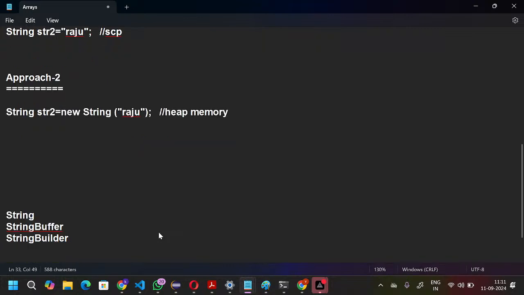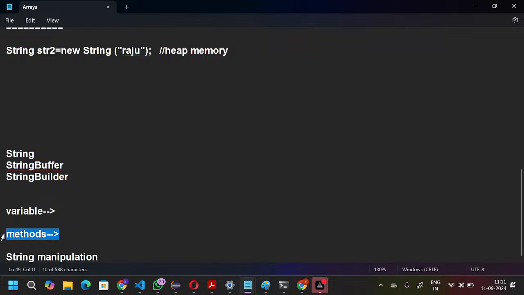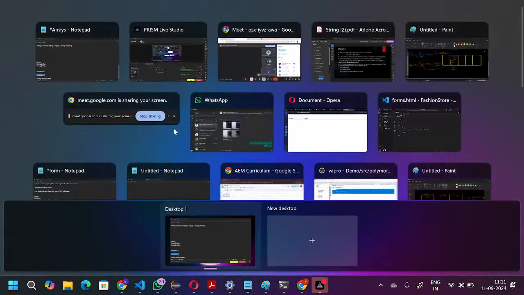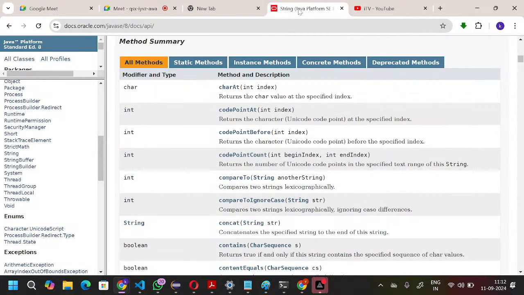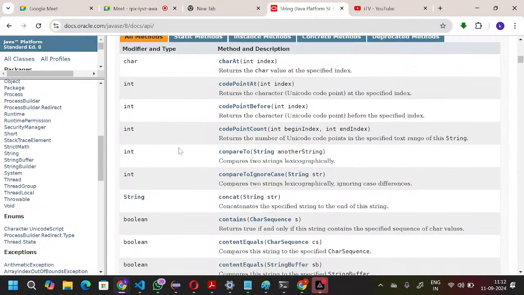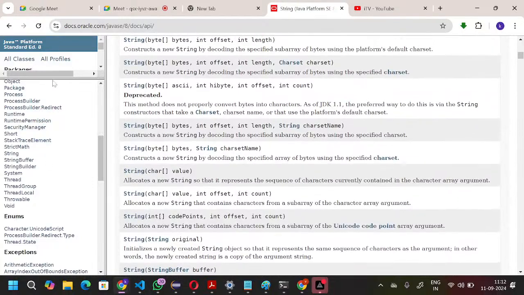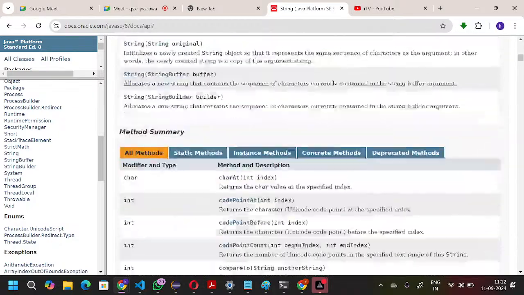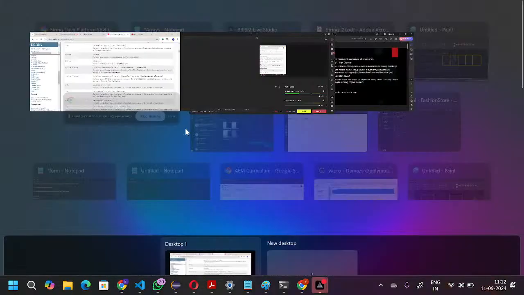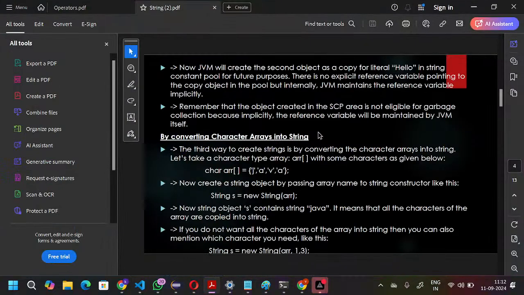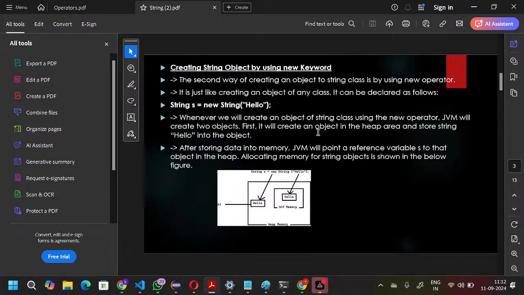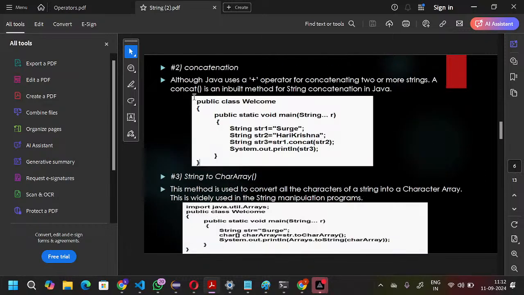How will you modify? We have some predefined methods, and with the help of those predefined methods we can manipulate our data. So do I have to memorize all the predefined methods? No need to memorize anything. Simply you can come to the user manual. There we have the String class which is available in the java.lang package. You can go to the String class, and there itself we have all the predefined methods. Among those, we will very frequently use some methods. We'll go one by one. So the first method is